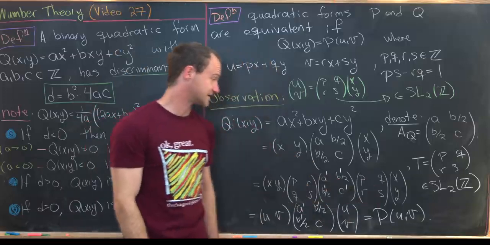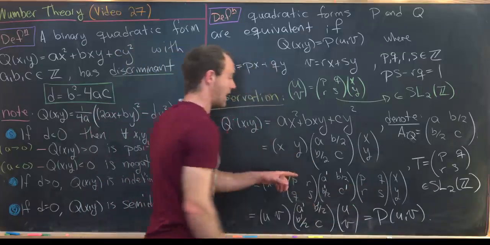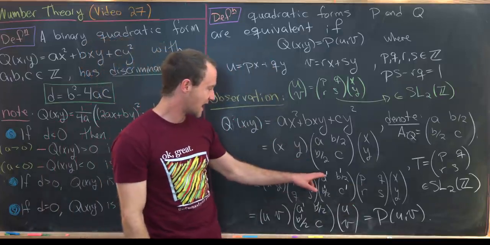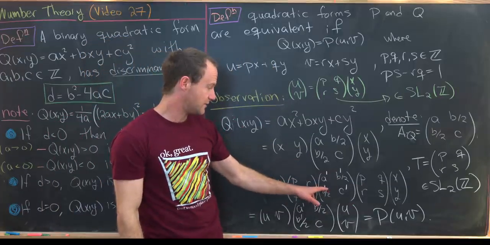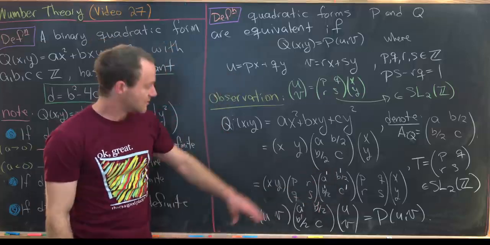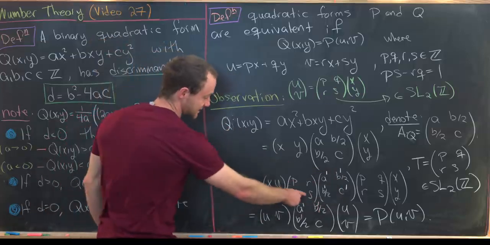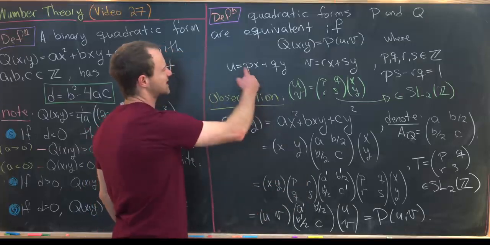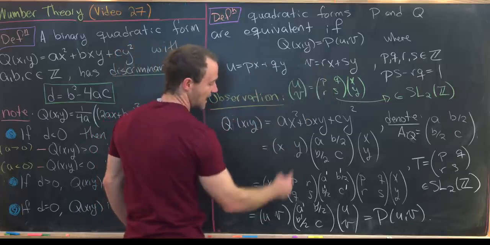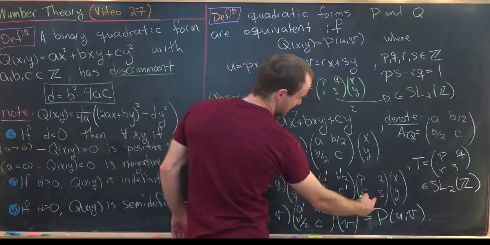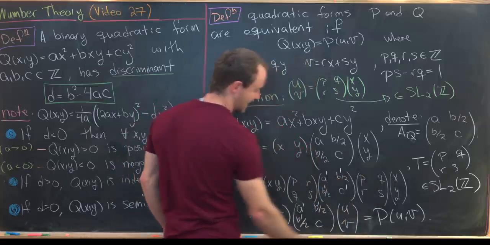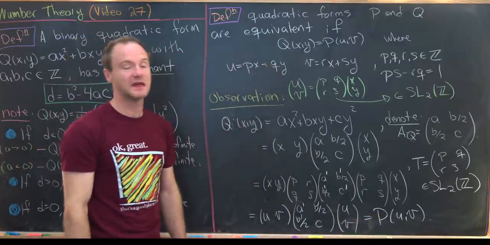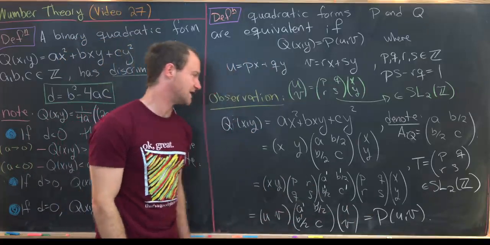and P, Q, R, S over here and factor them out of our matrix A, B over 2, B over 2, C. And that'll give us A prime, B prime over 2, and C prime. But now we'll recombine these. So this matrix here with X, Y, we'll label that U, V, just like this is happening up here. And then we'll take this PQRS and the XY, combine them together and get this UV as a column vector. But notice that's exactly the expression for P of U, V if we were to multiply this out, kind of like we